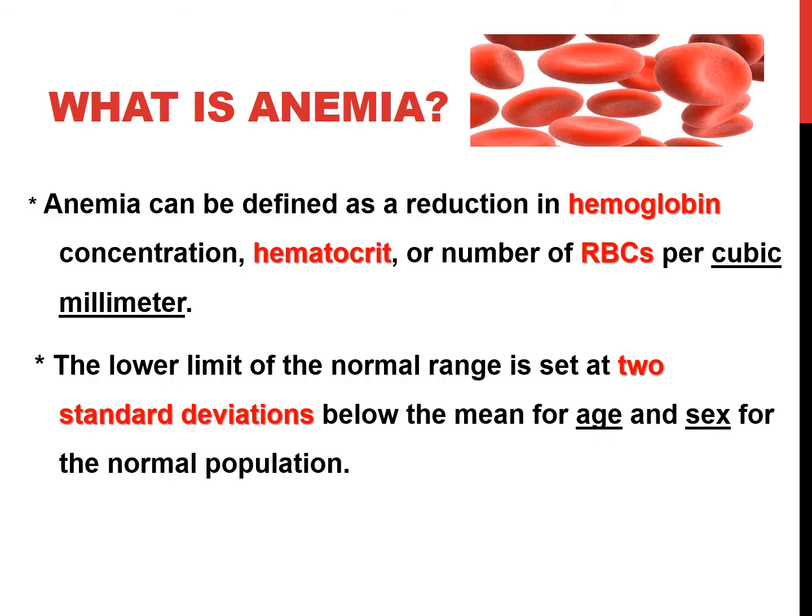First of all, in order to diagnose or define anemia, we have to say that it is a decrease or reduction in the hemoglobin level, hematocrit value, and/or the number of RBCs. However, the normal hemoglobin differs according to age and sex. Of course, the androgen in males stimulates the bone marrow. So starting from the adolescent age group, hemoglobin levels in males are higher than in females